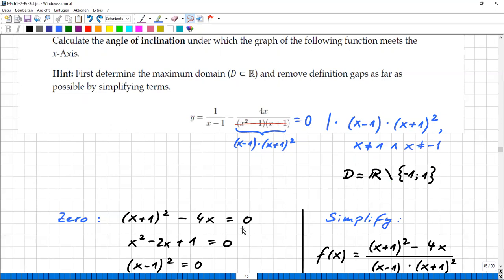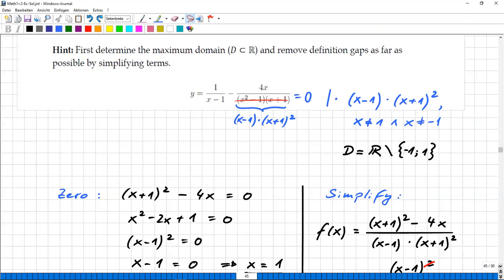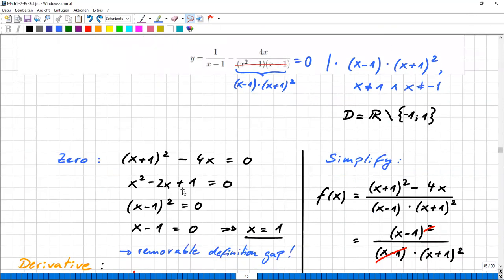Now, solving this is quite nice because this is the first binomial formula, where I can explicitly say it equals x squared plus 2x plus 1. But then I have to subtract 4x, which means the whole expression transforms to one which resembles the second binomial formula. That's quite interesting because now altogether I get x squared minus 2x plus 1. I think this is easy to see, right? So this can again be transformed back in parentheses to be this time x minus 1 and then squared equals